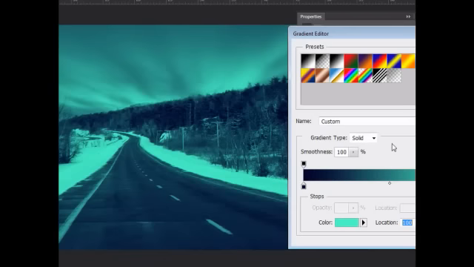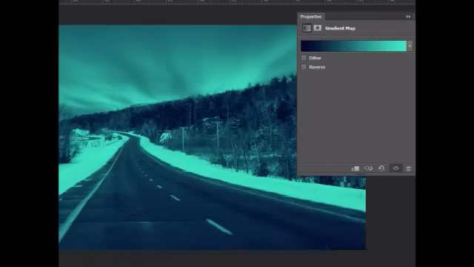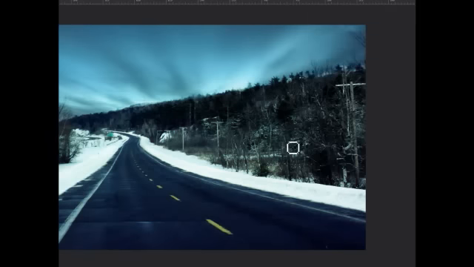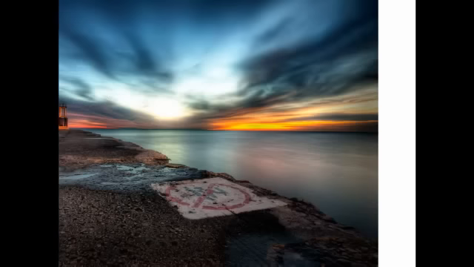Cool. So we do that. Now I'll change the blend mode to overlay or soft light. Soft light, and then I prefer soft light to be honest with you. And then we are going to add